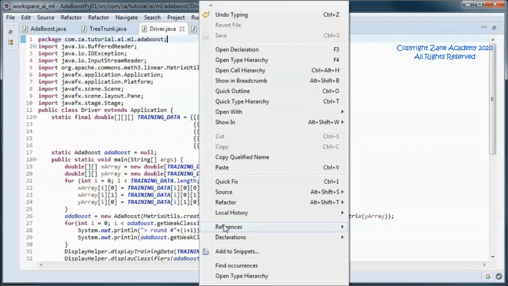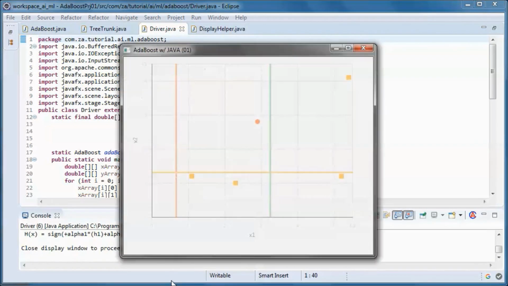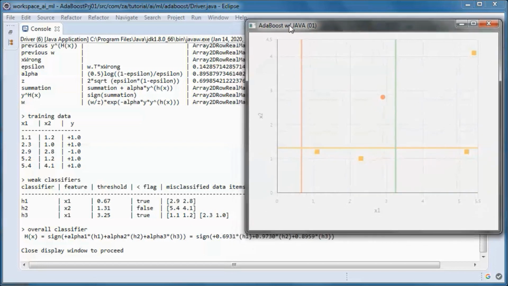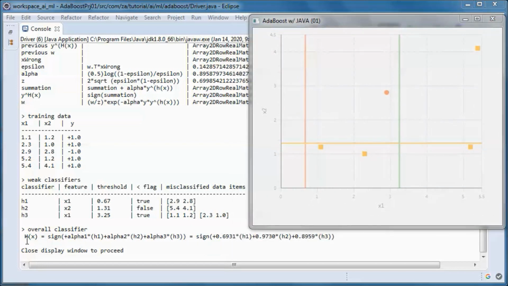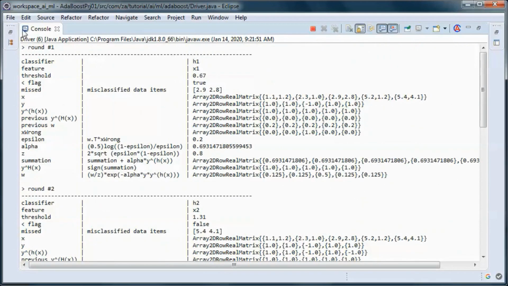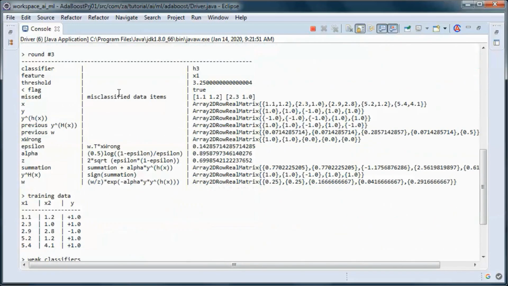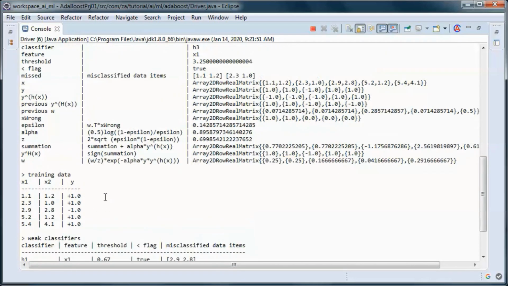And finally, let's go ahead and test run the application. So we ended up with this overall classifier that classifies all data items correctly, and we went for 3 rounds.